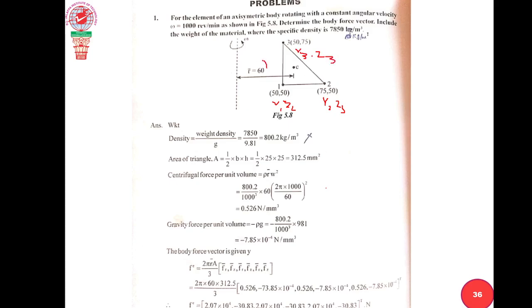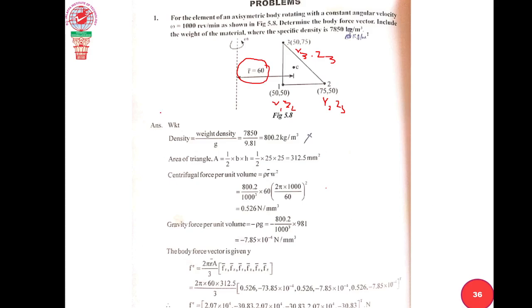And also what have they given? R bar, that is the radius of the centroid. Write down the data. The values inside are given without units. How can we consider that it's mm? 60 meters is too big; practically it is not possible to have 60 meter or 50 meter or 75 meter. Therefore, we are going to consider everything in mm.